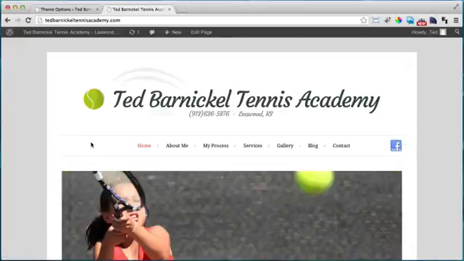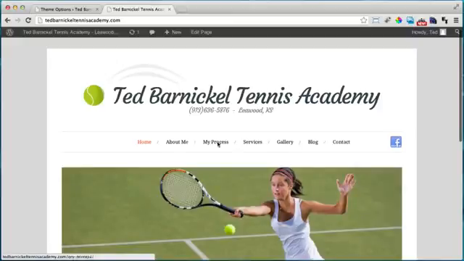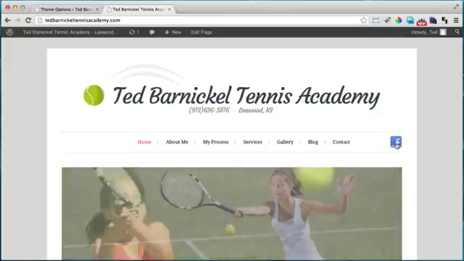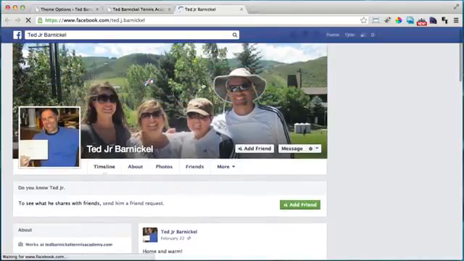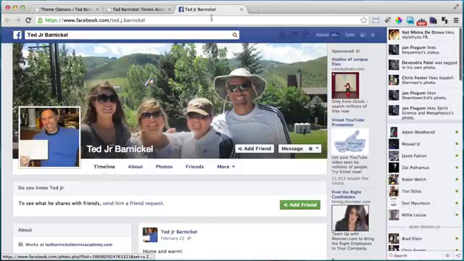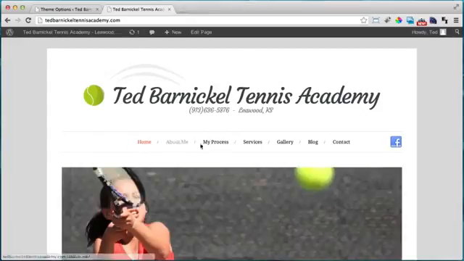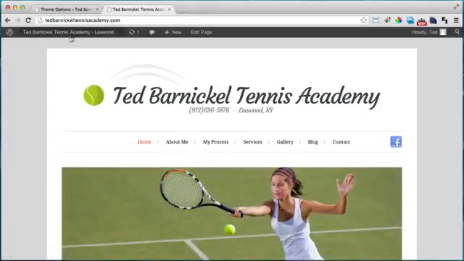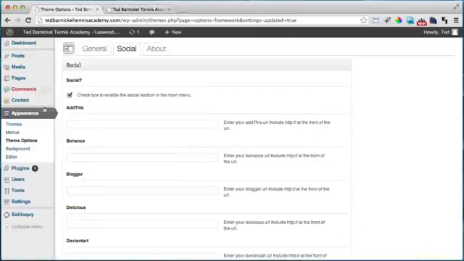And actually, there's one last thing to do. This menu isn't looking completely centered now that this Facebook icon is here. And by the way, if you click on this Facebook icon, it goes straight to his Facebook profile. But it's not looking completely centered, so we're going to go back into Appearance, then Editor,